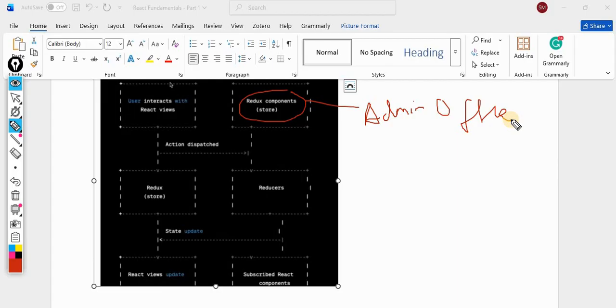So suppose this contains a record of student. A student cannot directly go and change the marks. So what will be the procedure?